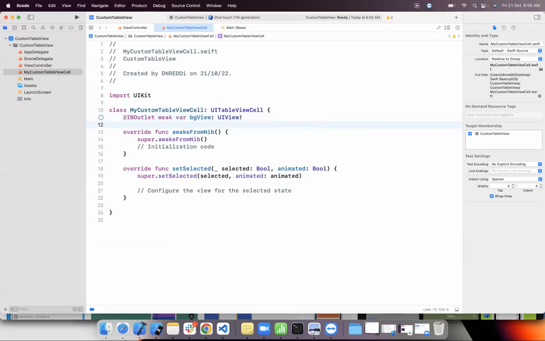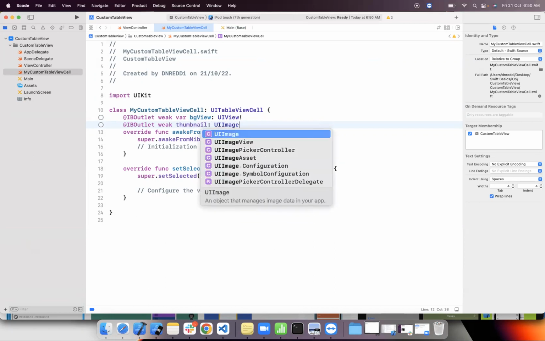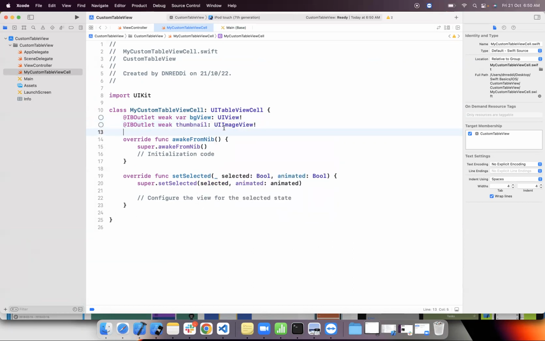View. Similarly, we have image, right? IBOutlet weak var thumbnail, that is UIImageView. We also have title, right? That is a label, or that IBOutlet weak var